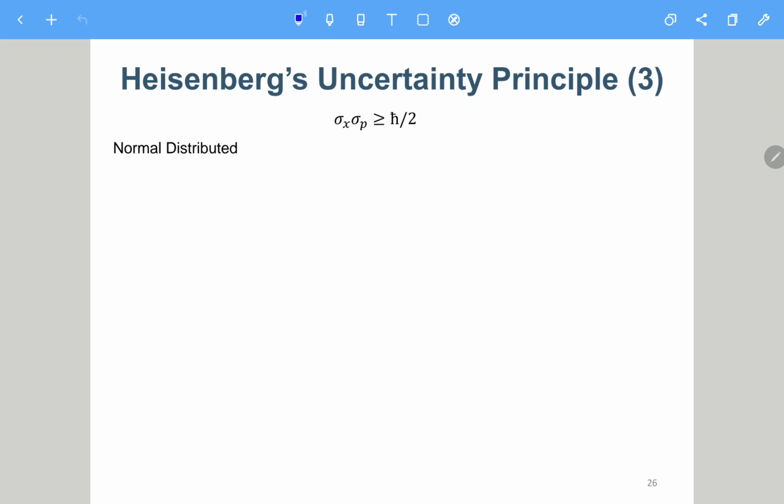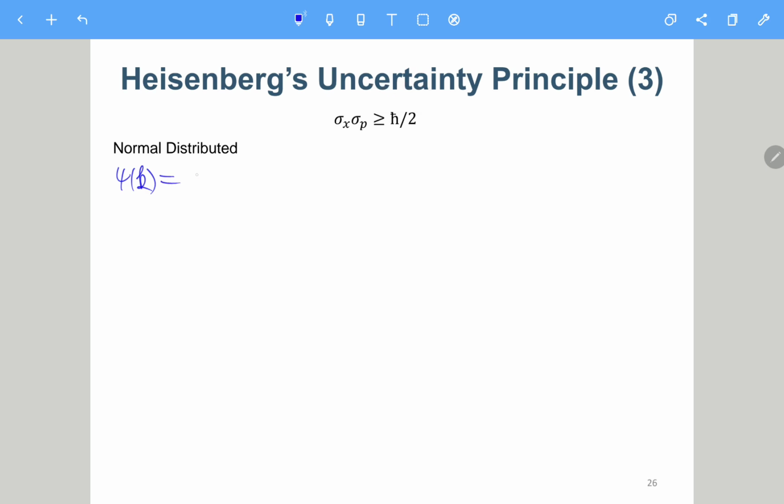And for the next case is the normally distributed wave function. Actually, when Heisenberg proposed the Heisenberg uncertainty principle, he proved these cases. So suppose we have the phi of k to be